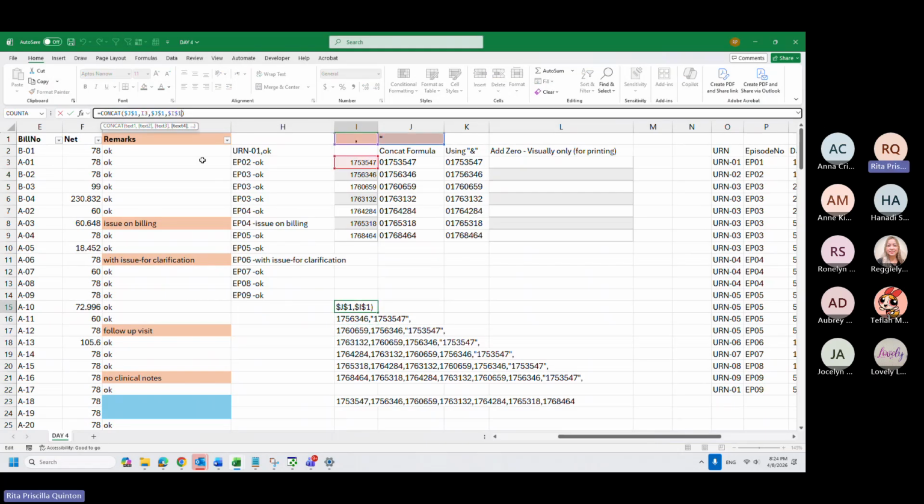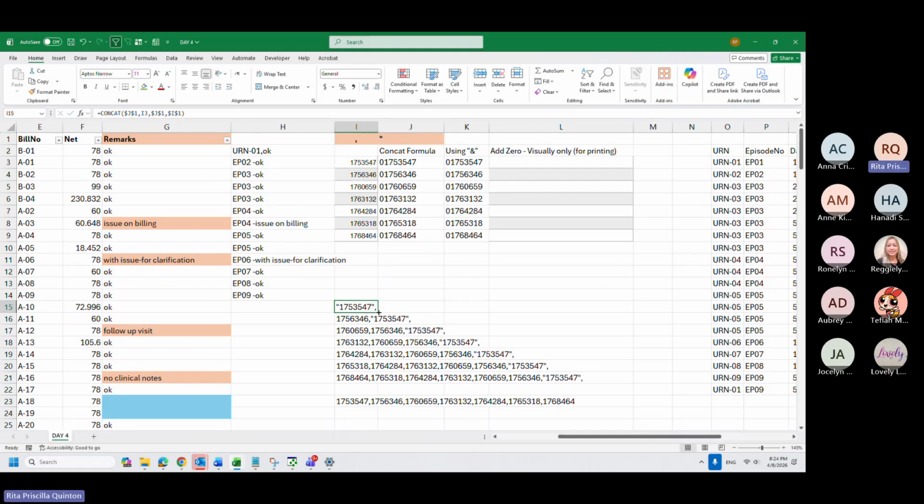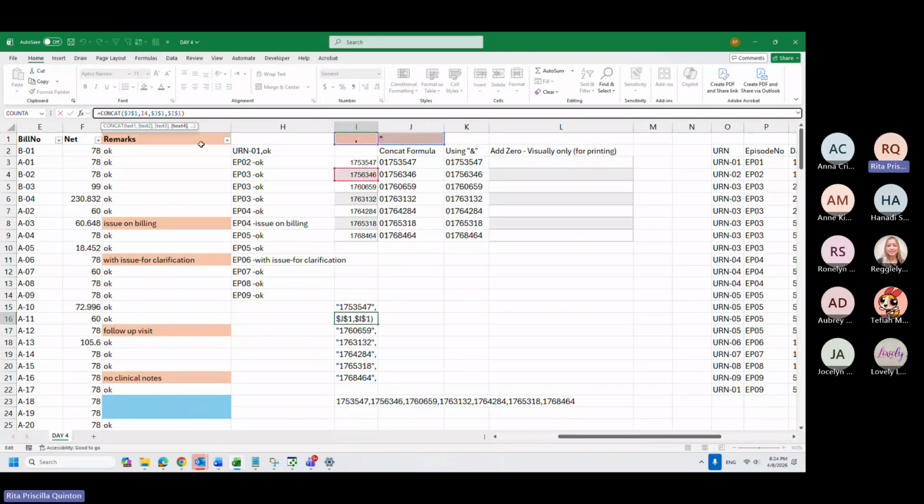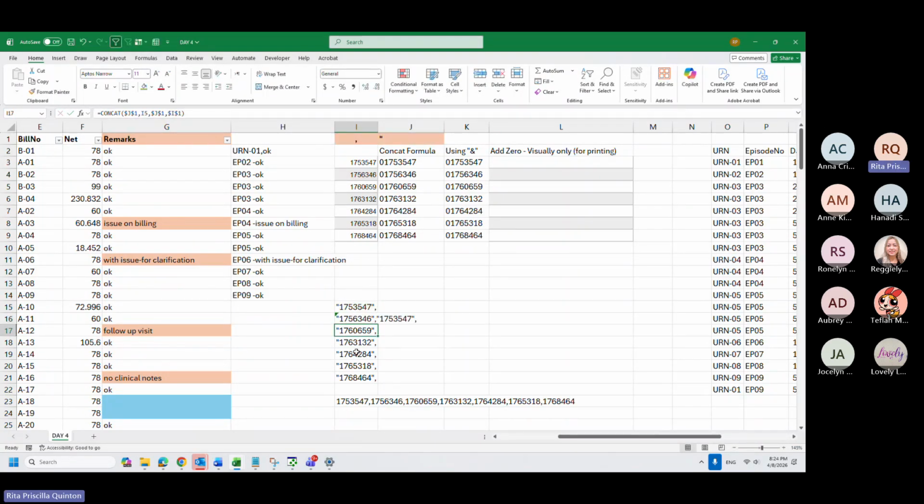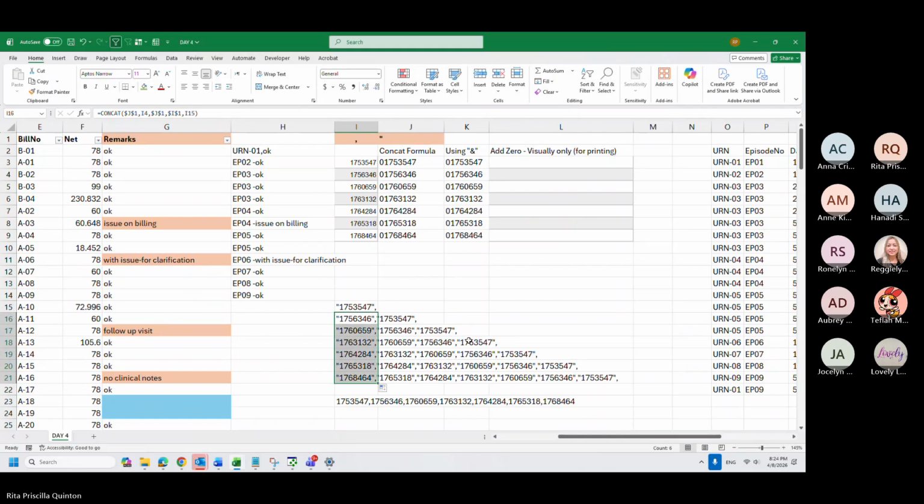Now if I want to add, because now if I drag this, it will only give me one per each. So since I want to combine them all, I will just add again the one on the top so that it will be like a domino effect. Okay, there are many things you can play with for the concatenate.